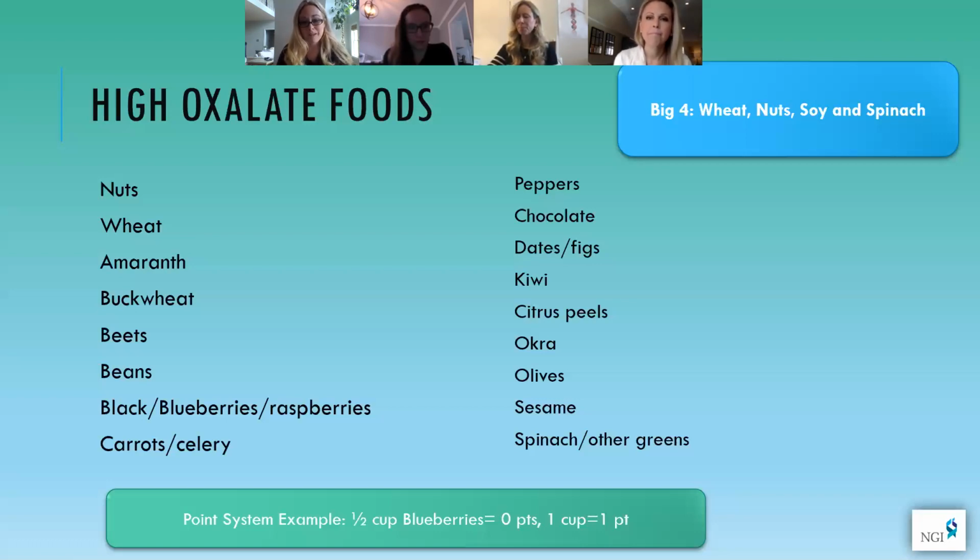Because if you're not going to be compliant... does anybody know what a square of dark chocolate is in terms of milligrams? 3 points. Yeah, 3 points. So it's higher. 15 or 20 milligrams. Yeah, 20. So for a lot of ladies out there,